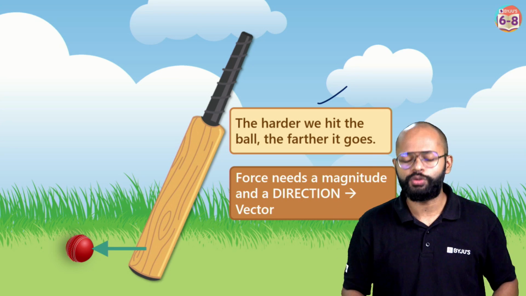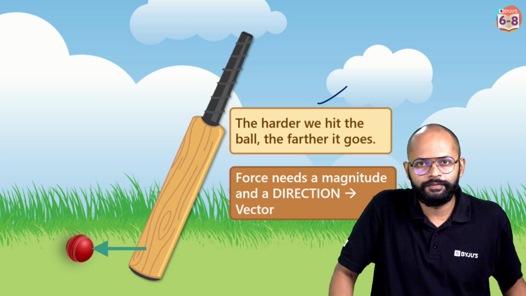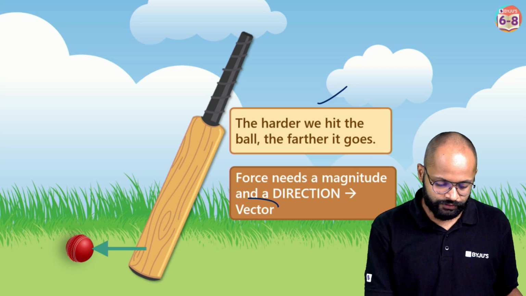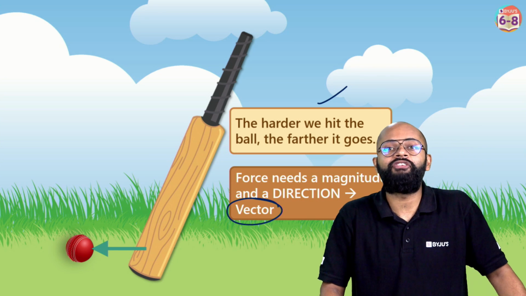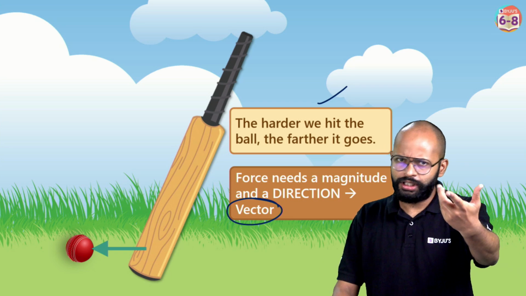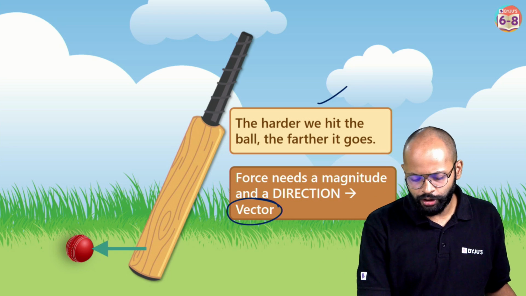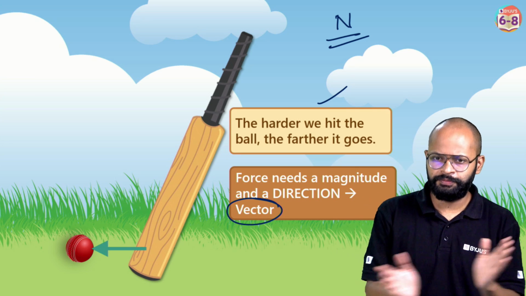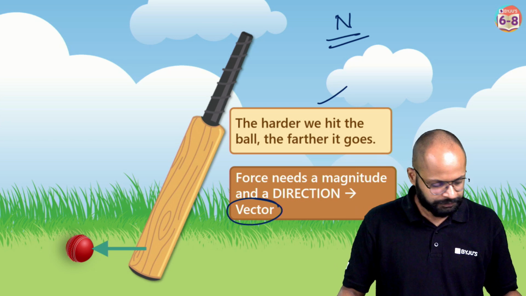Now when you combine these two things, there is a specific quantity which takes care of these two things simultaneously. It is the vector quantity, right? So force is a vector quantity, correct? Force is a vector quantity, and one small thing which we just learned is the unit of force is newtons. It's okay. Simple thing, you can remember it, fine. Nice. So this is what we have learned.